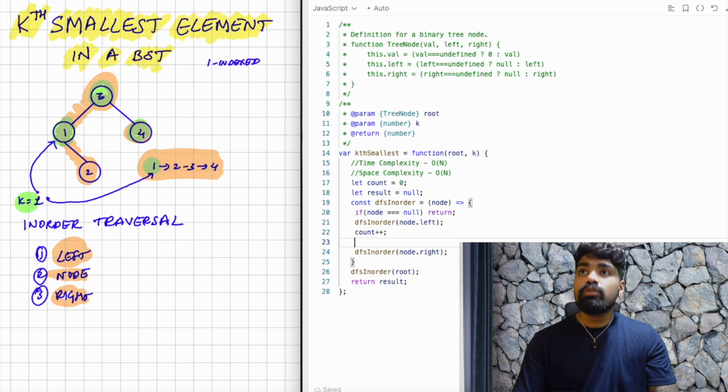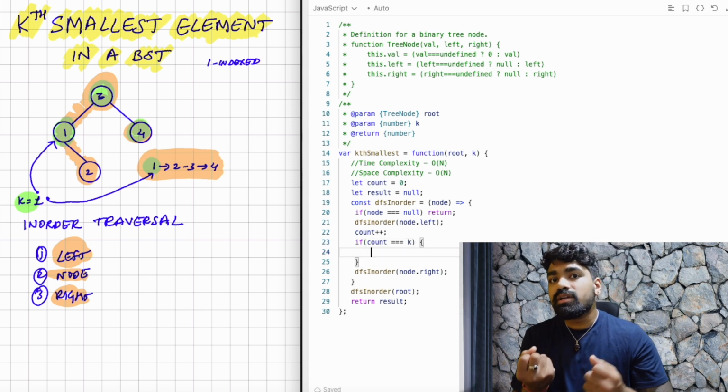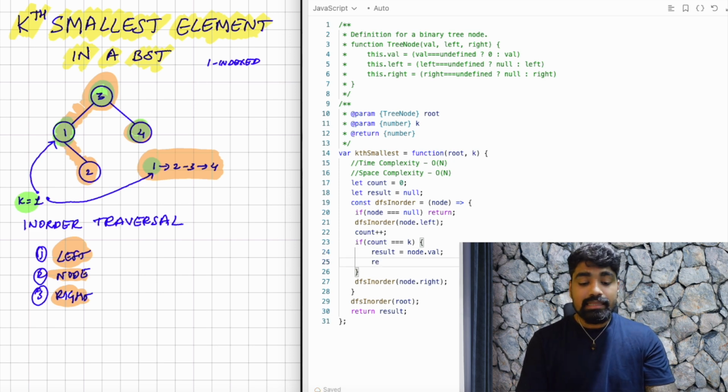And when I come to the value, what do I do? I will just check if my count is going to be equal to k, which means I have found my kth smallest element. I will just set my result to whatever value I have with me at that point of time, which is going to be node dot value. And then with this value, I will set my result and I will just return from the function